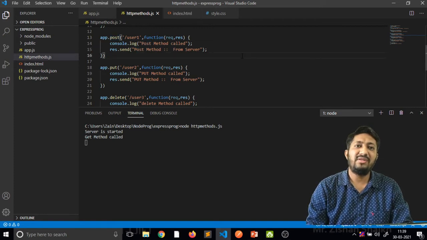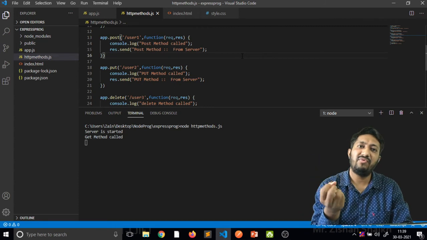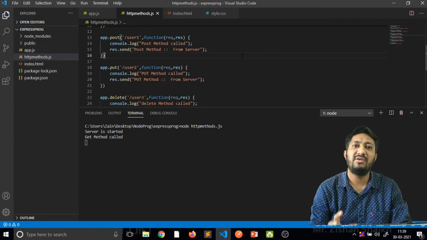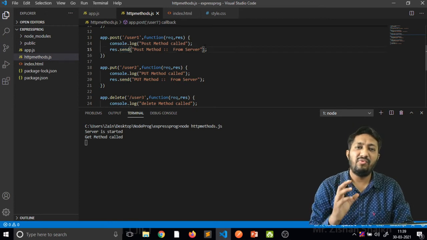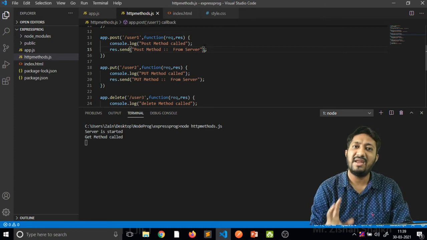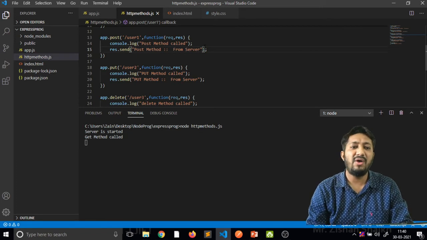When you are using the get method, you are getting the data from the server, but with the post method you cannot access the data directly from your web browser. The code is complete because we are using post, that is legal, and response.send is also valid syntax. But if you want to get the data for a specific post method, you cannot access it directly from your web browser. So there are two alternatives. How can we check whether my particular method is working or not?